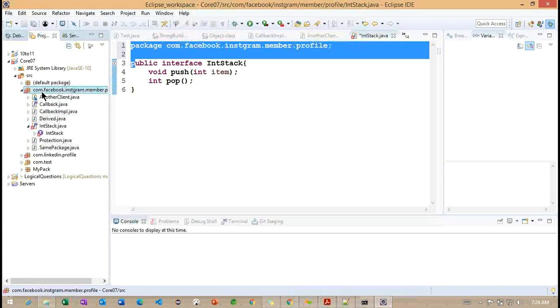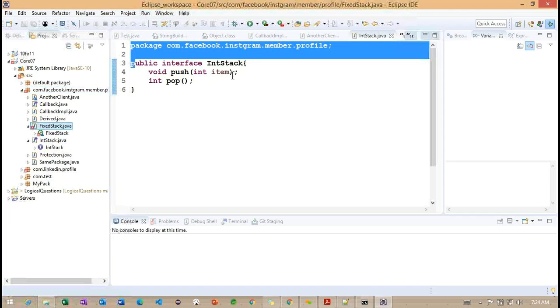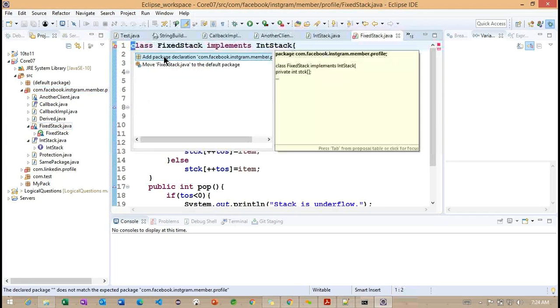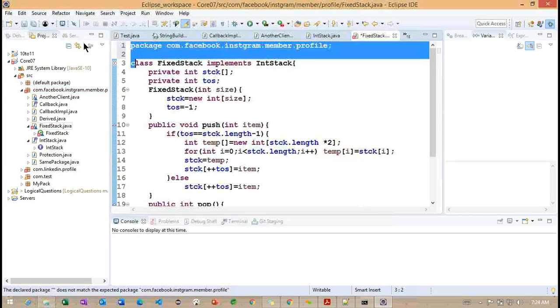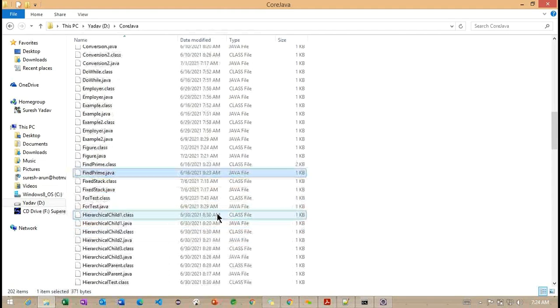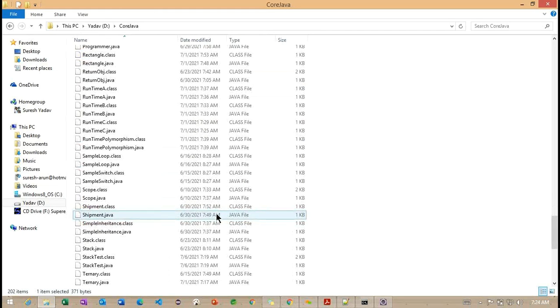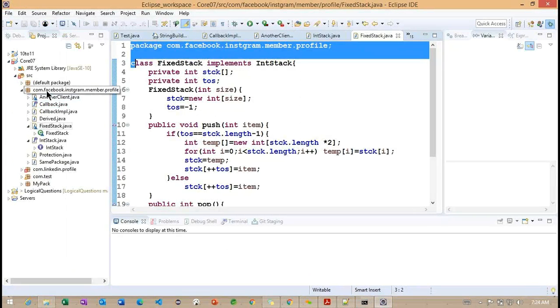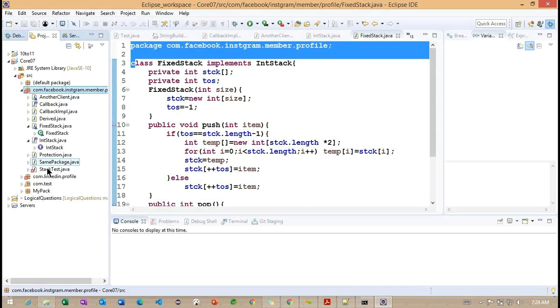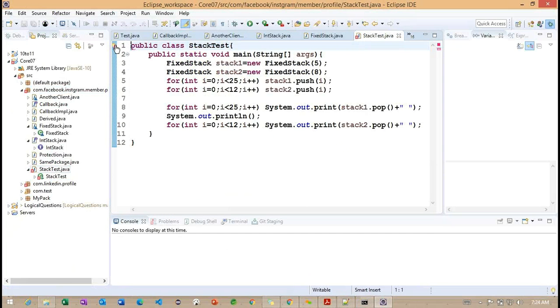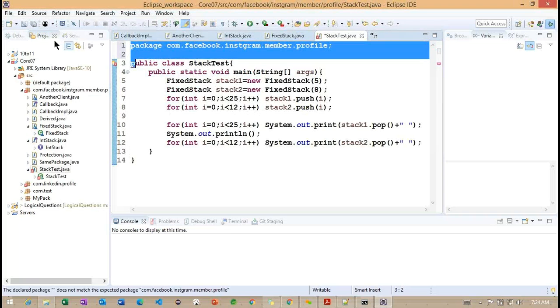So this is our fixed stack class we created here, and here we need to move this particular class also. And finally, we have one more class, static. Okay, so this class also I'm moving under this particular package.